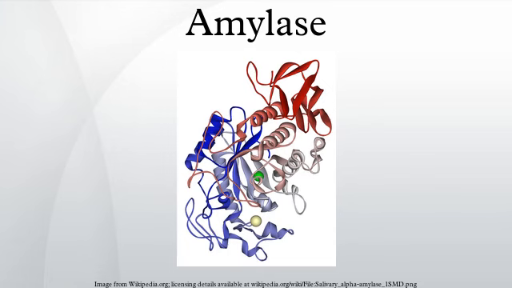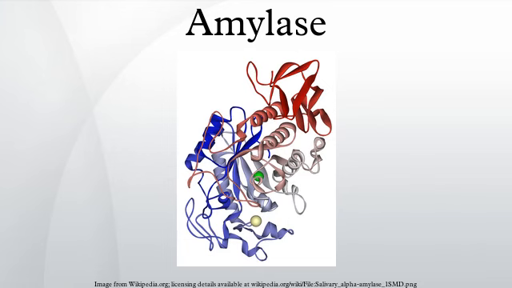Amylase is an enzyme that catalyzes the hydrolysis of starch into sugars. Amylase is present in the saliva of humans and some other mammals, where it begins the chemical process of digestion. Foods that contain large amounts of starch but little sugar, such as rice and potatoes, may acquire a slightly sweet taste as they are chewed because amylase degrades some of their starch into sugar.